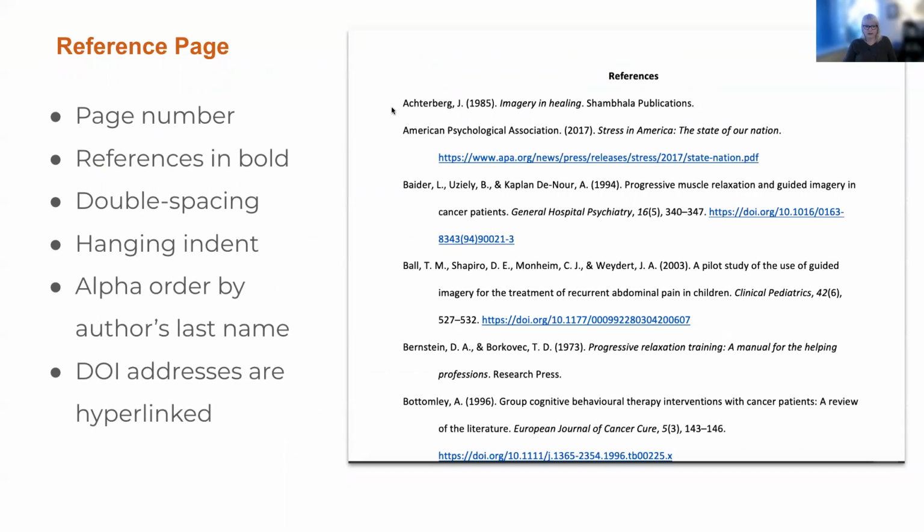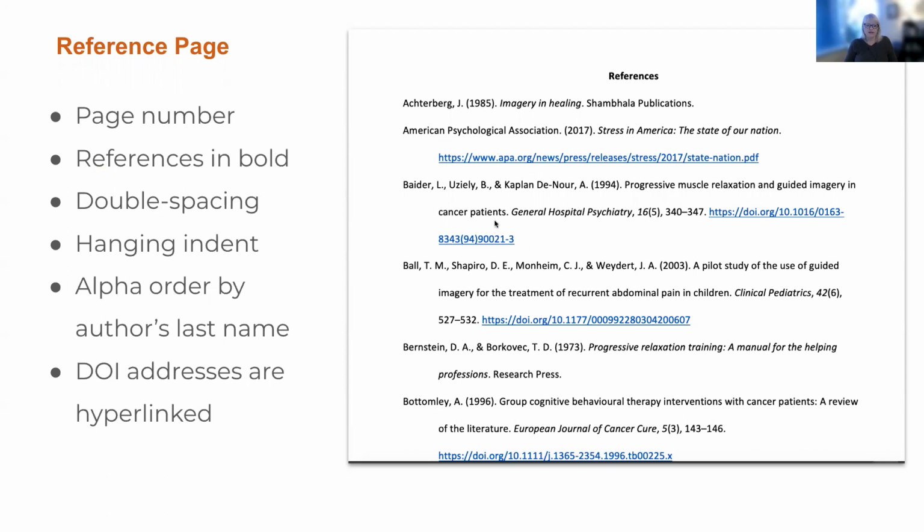Instead of that first line indentation, we actually have a hanging indent, which means that the first line of the new reference is flush left, and then any following lines are indented. You include the sources in alphabetical order by the author's last name.